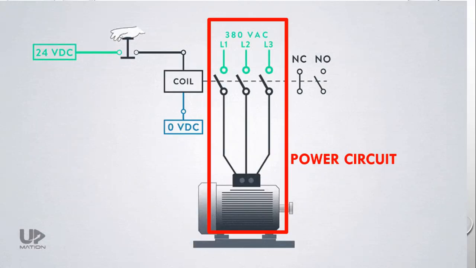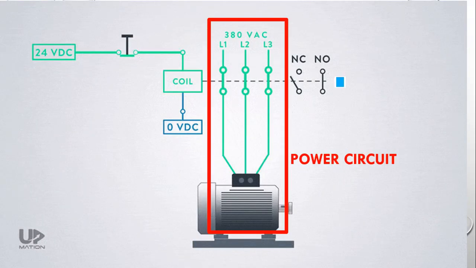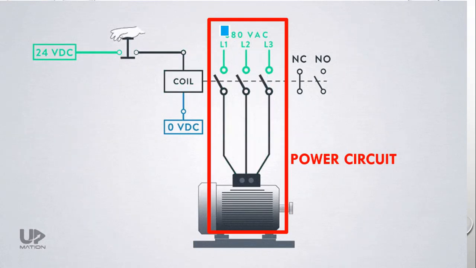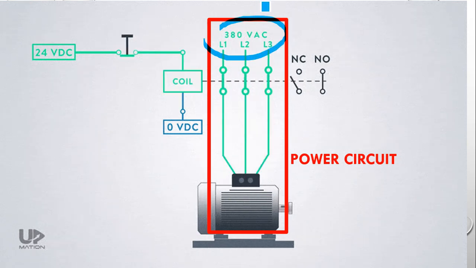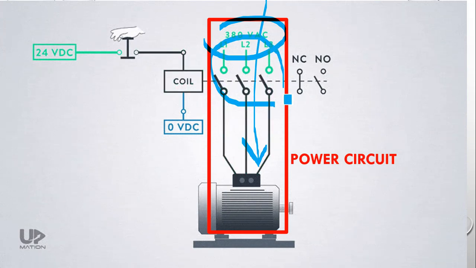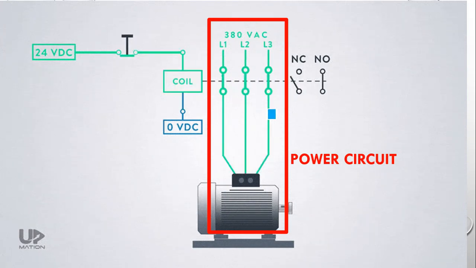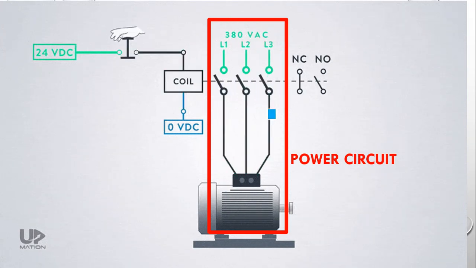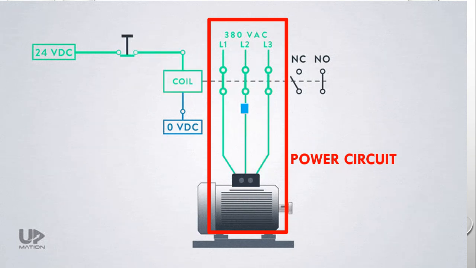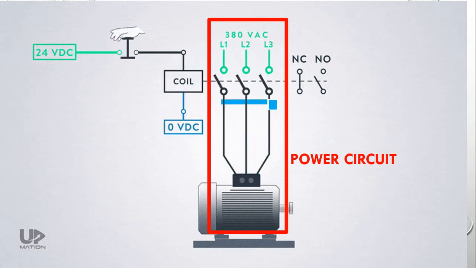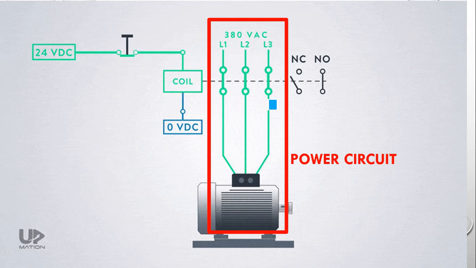So this is the power circuit of the motor control. Let us say a 380 volt, three phase supply is available to the motor, and the contacts which are carrying the main power load current are known as the power circuit. So you are seeing the power circuit here. The power circuit has three normally open contacts. The green color indicates it is in the energized condition.